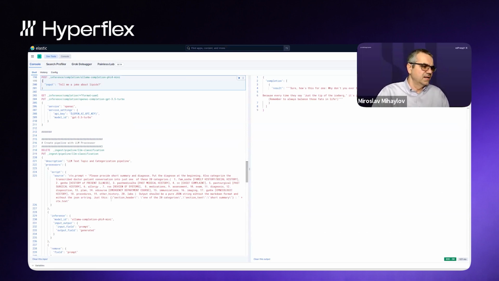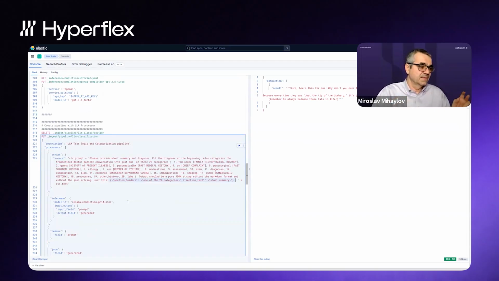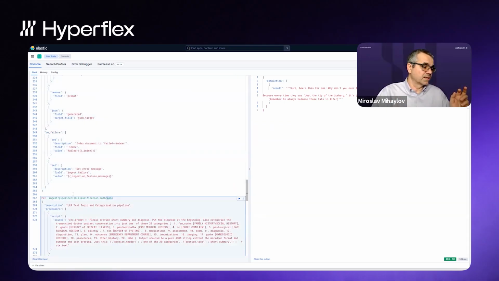So we create the prompt, which says, summarize this doctor-patient conversation, one of the 20 meaningful categories, and so on. I output a JSON, and I ask the JSON to match the keys to the ones of the dataset. But we're only taking the conversation and analyzing it. I created two pipelines. One is using the local Ollama. The other one is using Anthropic. Everything else is the same, just the different models they use.